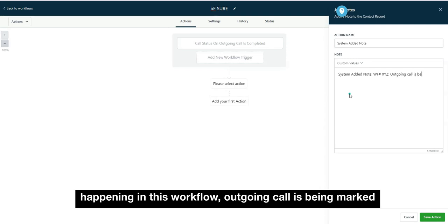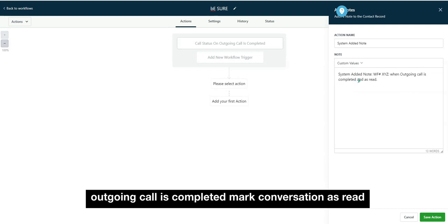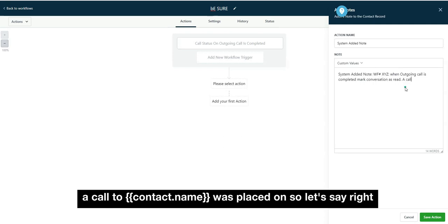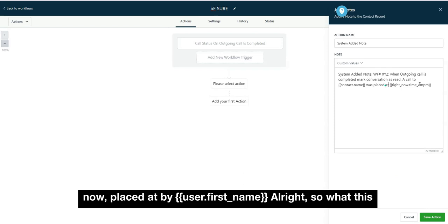Outgoing call is being marked as completed, and as read. Actually, when outgoing call is completed, mark conversation as read. A call to contact name was placed, so let's say right now, placed at by user